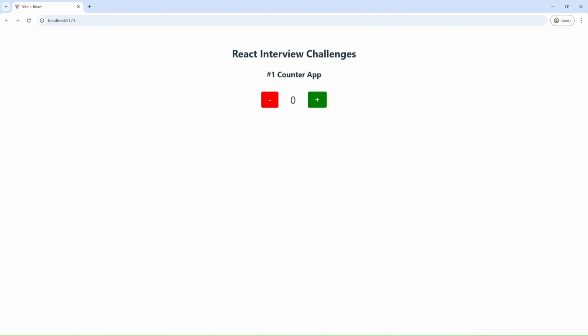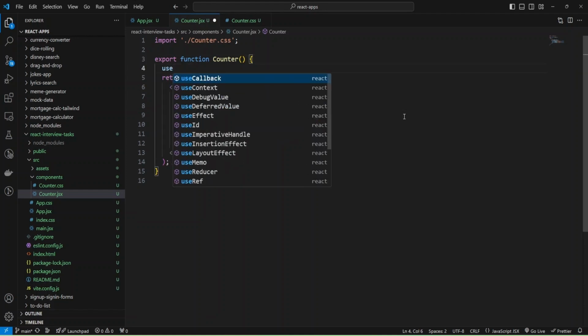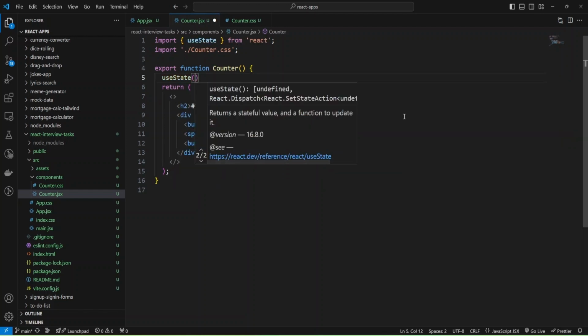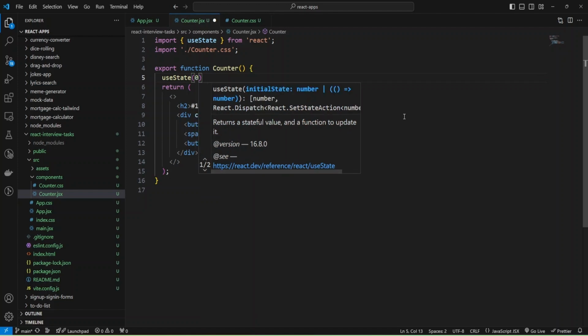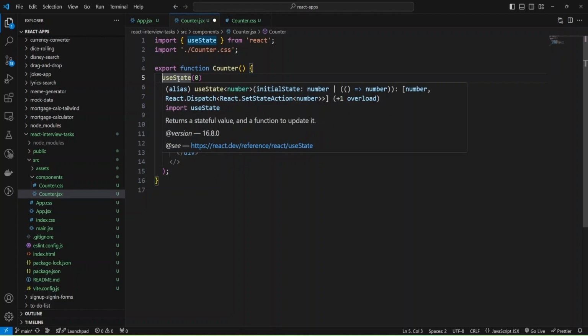Okay. And now we can implement our React code, and often you need only implement React code and some JSX and styles will be provided. So, and now I need to add state variable, and I'll use hook useState, and initially we will have 0, and as you can see, useState returns a stateful value and a function to update it.